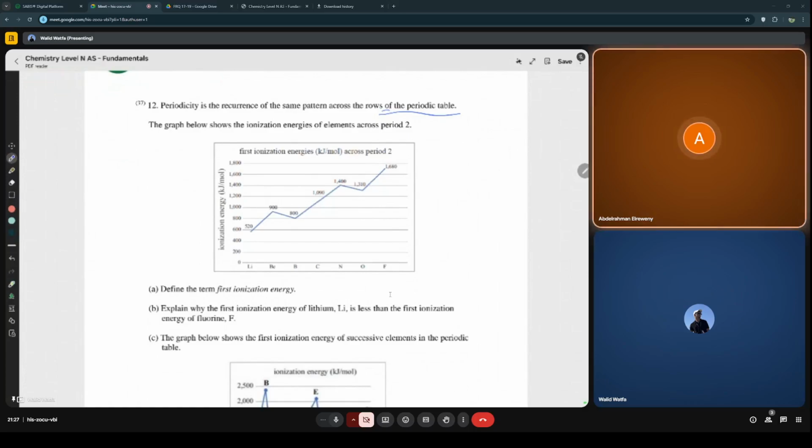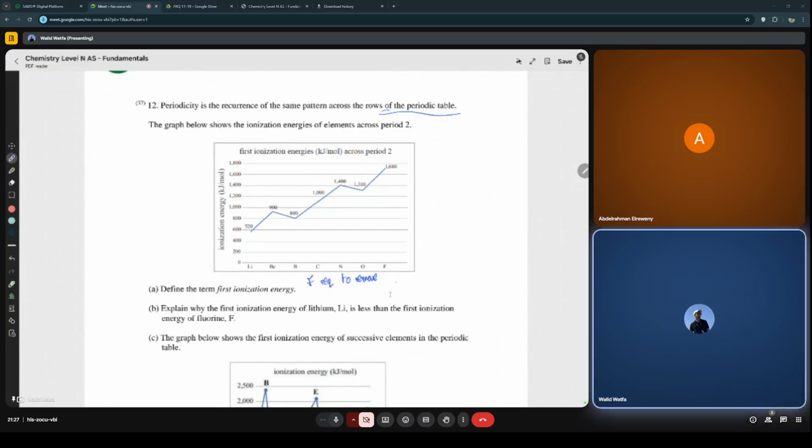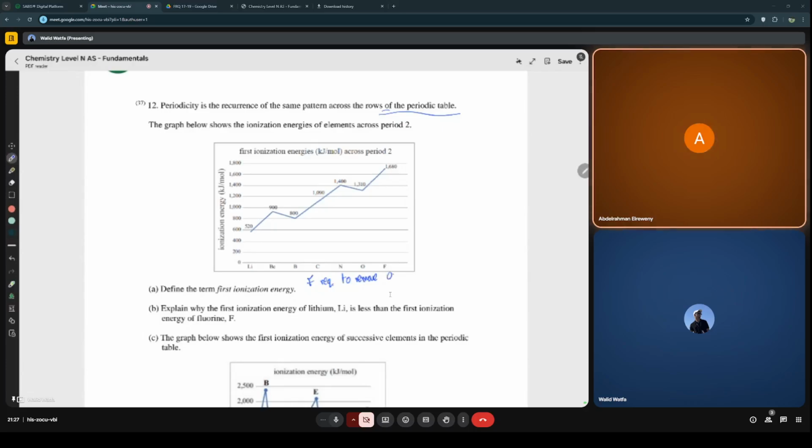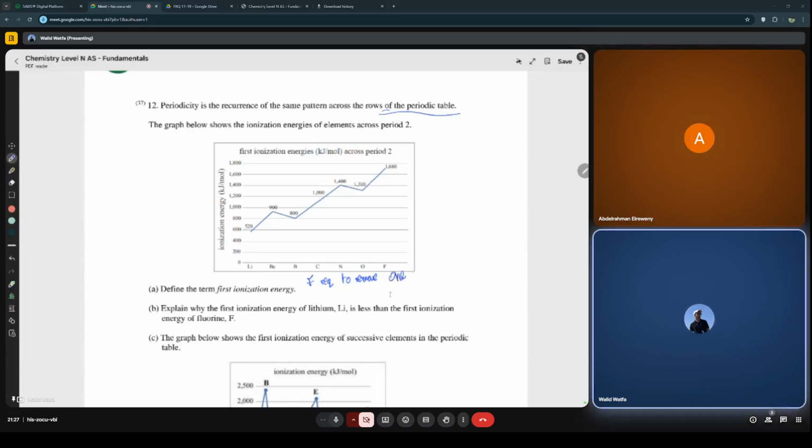First ionization energy, it's like the energy required to remove one electron from an atom. Should I say gaseous atom? Yes, 100%. If you miss gaseous, you're gonna get it all wrong. To remove one electron from one gaseous atom. You could say one valence, or no, the outermost. In my copybook I wrote the outermost. In the course revision they wrote the most loosely bound, which means outermost. Energy required to remove the outermost electron from